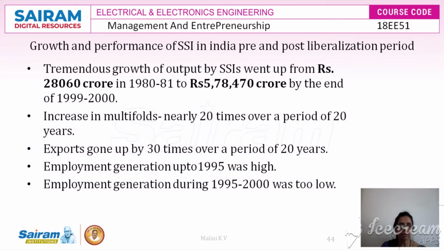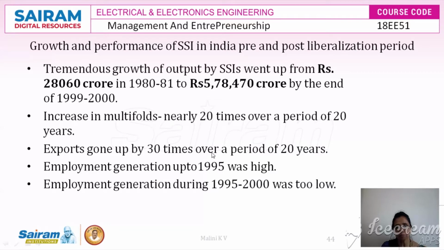if we compare, then we can see the tremendous growth of the output by SSIs, that is small scale enterprises, went up from 28,060 crores in 1980-81 to 5,78,470 crores by the end of 1999-2000. So there was a humongous growth, and we can see that this particular growth came from the LPG model instituted in 1991. So there was an increase in multifolds, nearly 20 times over the period of 20 years,